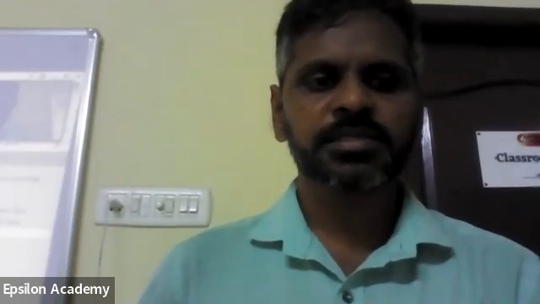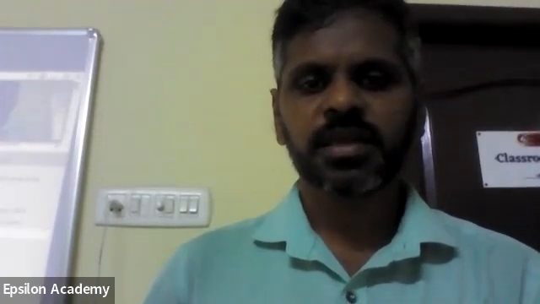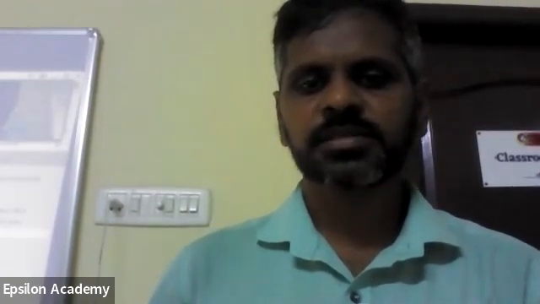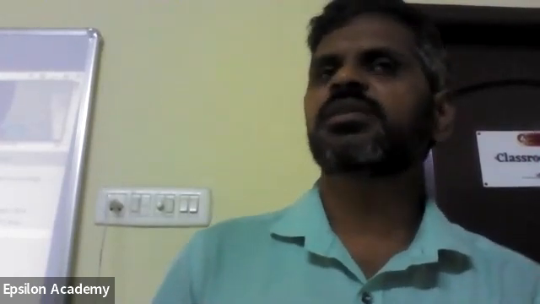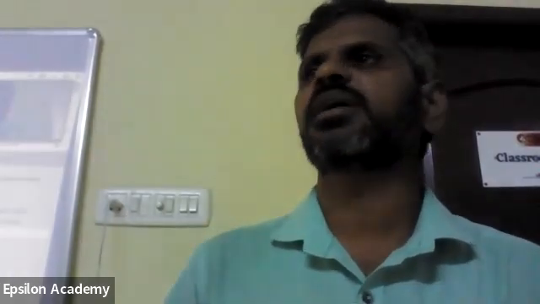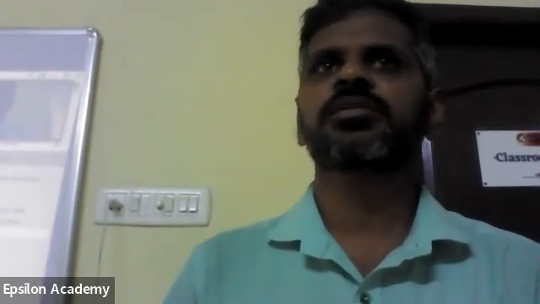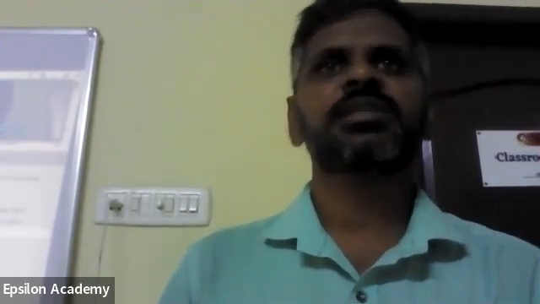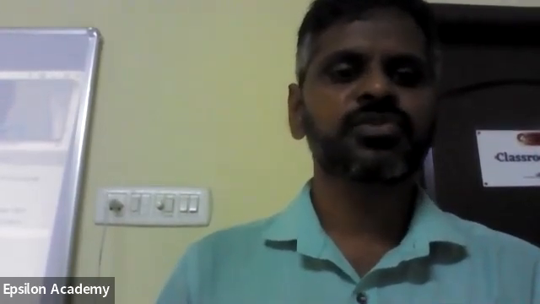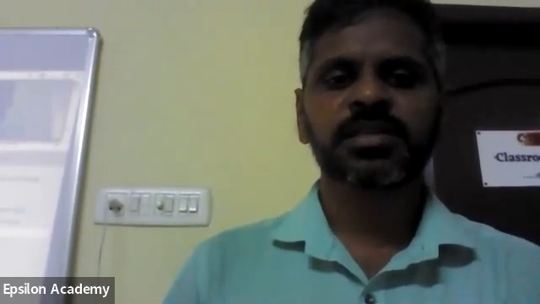This I am writing as sin 2x plus sin 4x plus again sin 4x plus sin 6x. The clue is: left side is all addition, right side is all multiplication. So you have to convert from addition to multiplication. The sin c plus sin d formula will be used for addition to multiplication. Correct or not? 2 sin c plus d by 2 cos c minus d by 2. So I am taking these two as a single pair, and these two as a single pair.